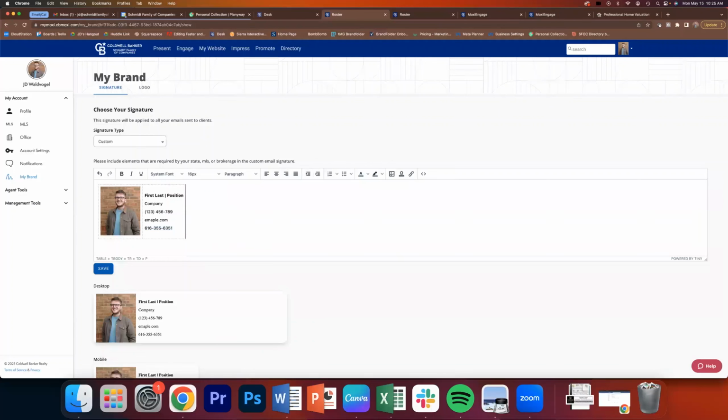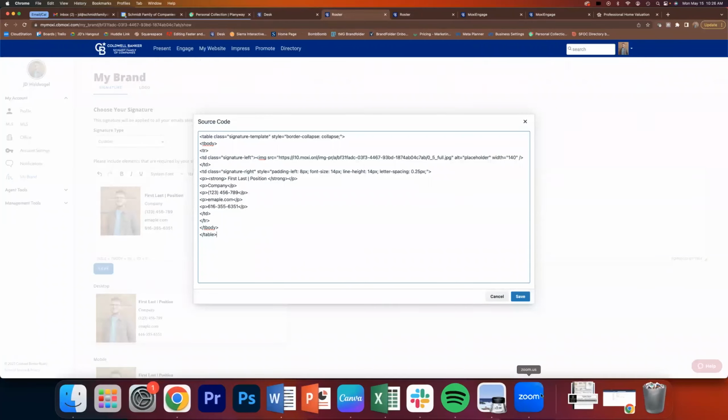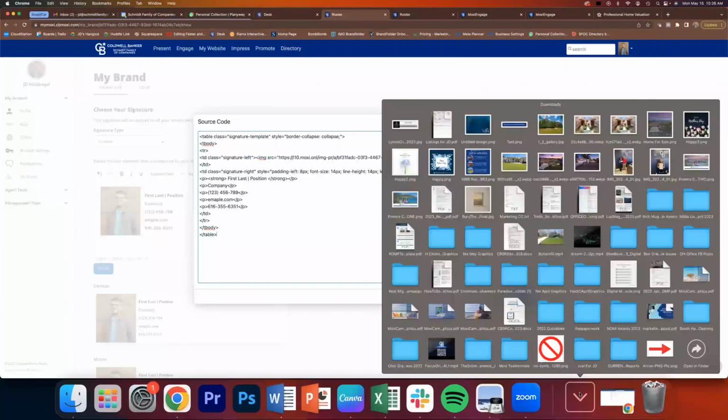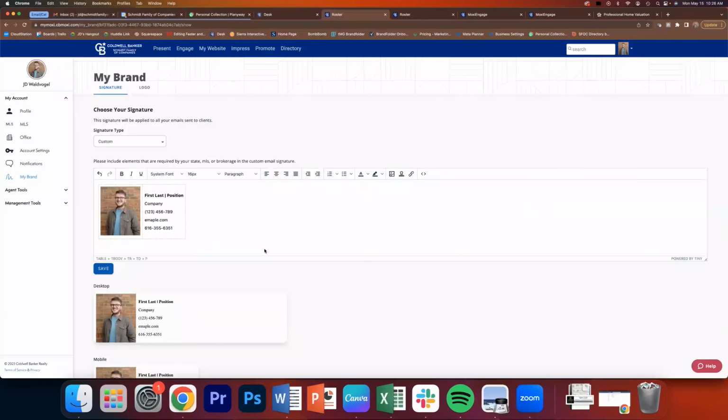if you have an HTML signature from the marketing group, what that looks like is a lot of text. So it's a whole thing. You can go in here and use this little double caret icon and paste all of that text in there. I don't have an example ready because it is a major text file, but you would be able to just copy it all, paste it in here,